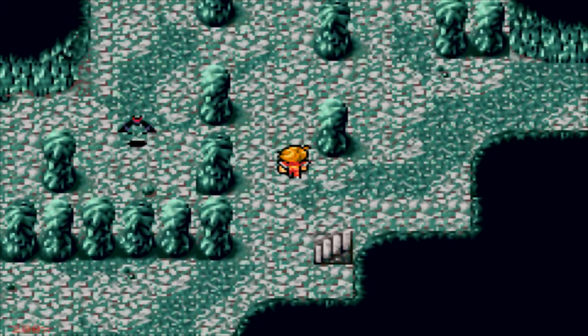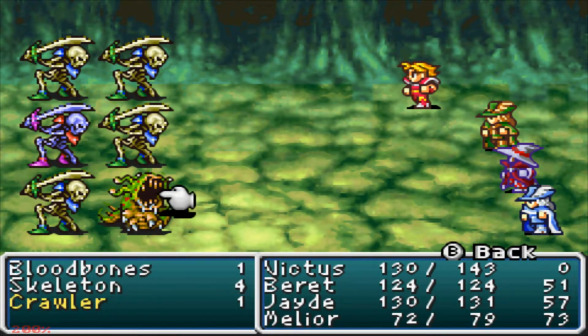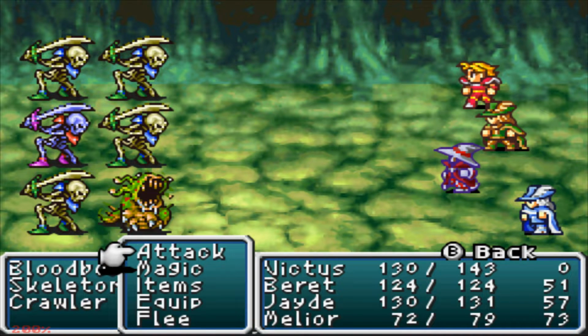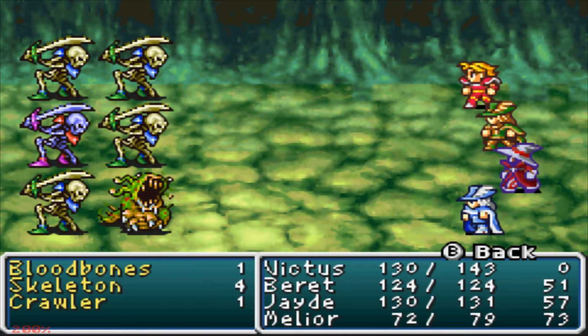Shadows, I think they can definitely cast dark on you, so be careful with that. Here's one of the more dangerous encounters. So we're gonna go hard on the crawler, and then we'll try a Dia to wipe out the undead, or